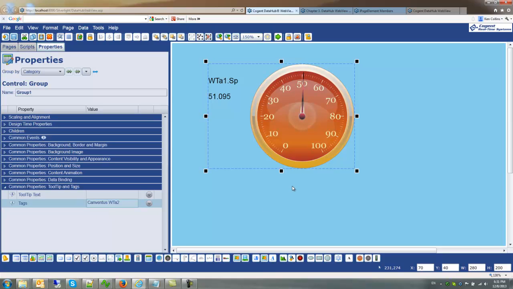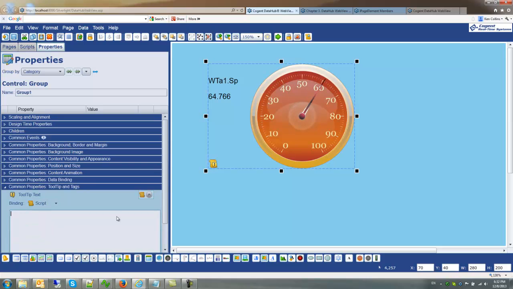So we do need to make some modifications, and maybe I'll find a better way to do this in the next version of WebView. But for now, that allows me to recognize that I need to update these point bindings. I somehow have to tell them to go recalculate. So I'm going to choose to do that by adding a script binding to this tooltip text, and it can be put anywhere. I'm not actually going to use the tooltip text, but it allows me a convenient place to